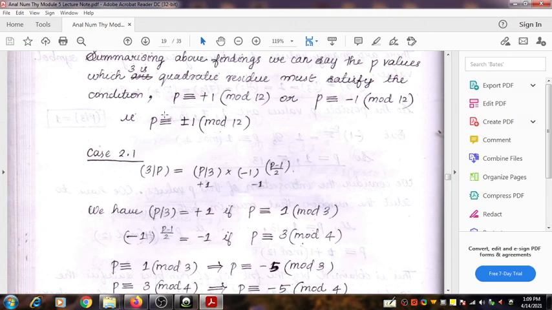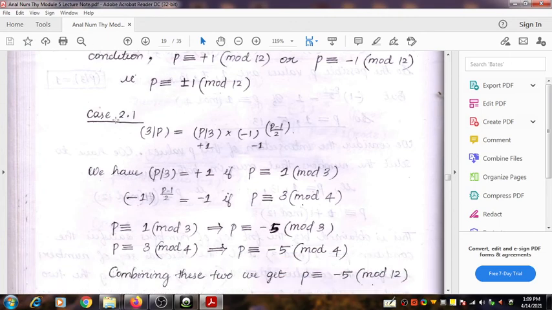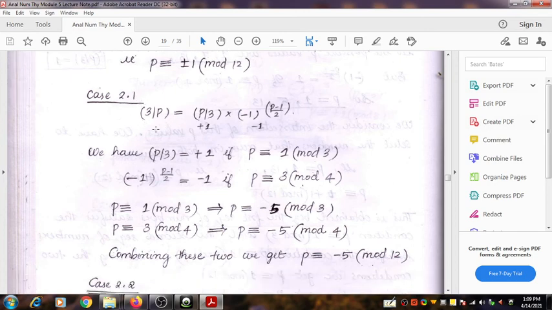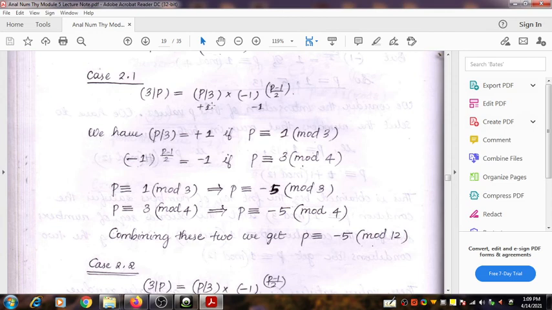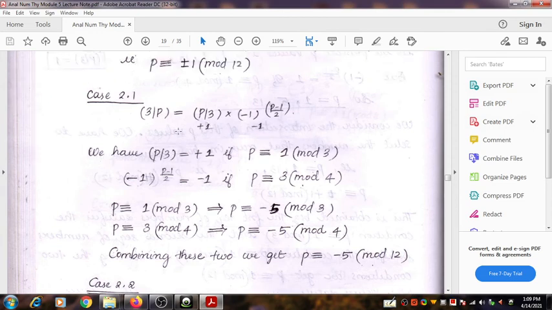case 1.2. Next, case 2.1. Case 2.1, here we consider (3 bar P) equal to (P bar 3) into minus 1 raised to (P minus 1) by 2. This is the base equation, and we select plus 1 for this number and minus 1 for this number. Case 2.1,